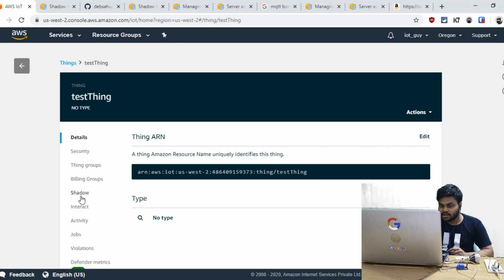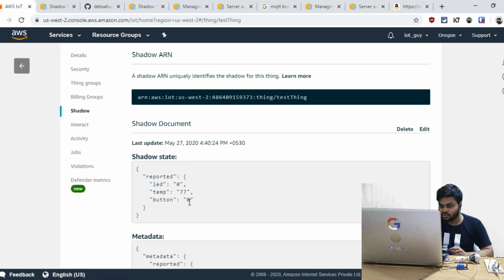Currently if we check the shadow, this is the shadow right now: LED, temp, button. The button value is 0 right now. If we click it, it's 1. It's in real time, and the last updated time will also be updating right here.